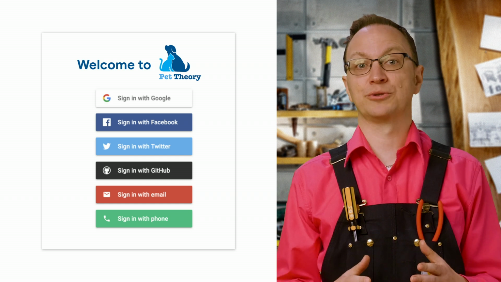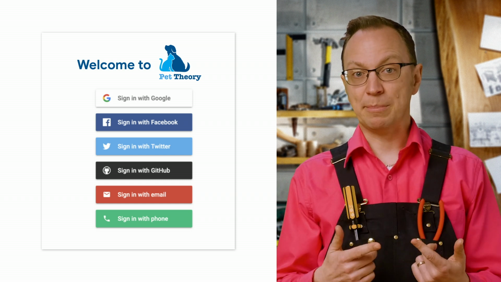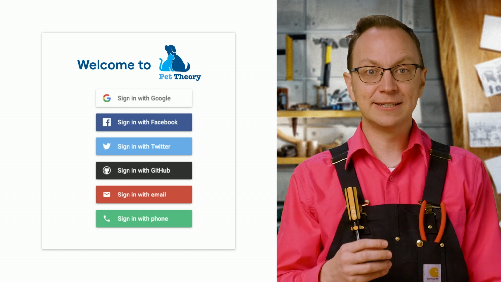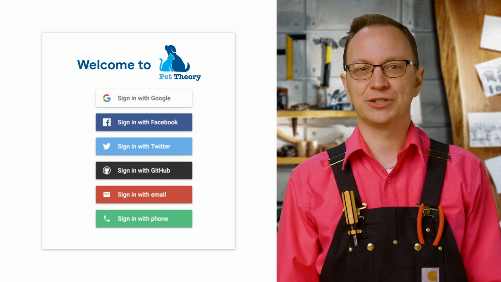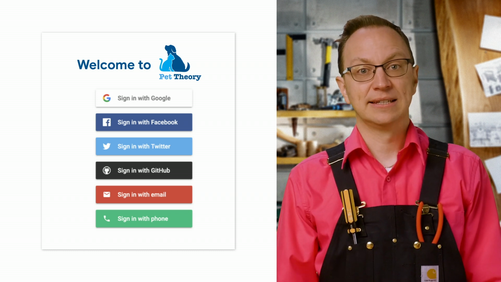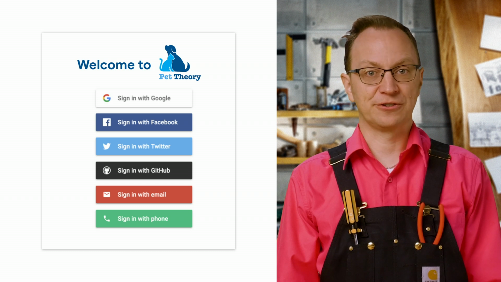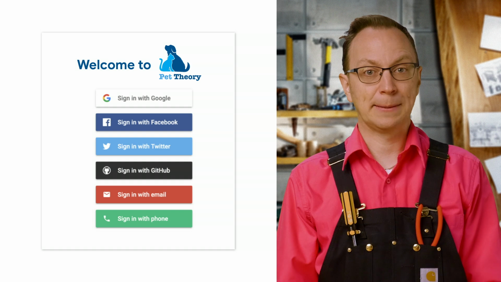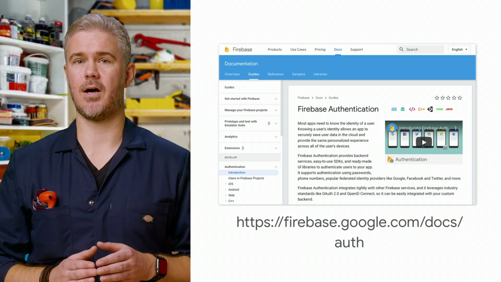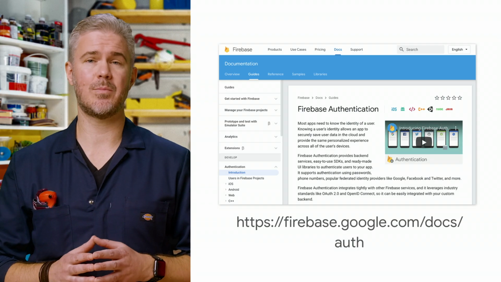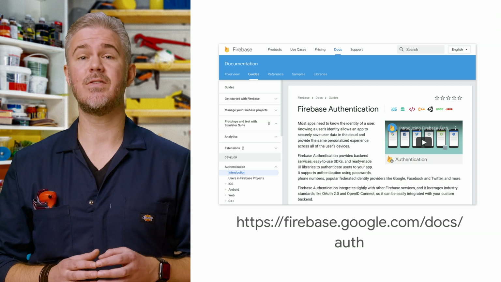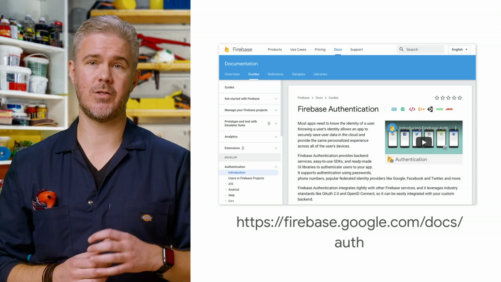Here is what Anna's prototype looks like. From this webpage, users should be able to sign in using their identity provider of choice. Once they have signed in, they should see their upcoming appointments at the veterinary clinic. Users should be able to see their own appointments only. Anna reads up on Firebase Auth, which supports multiple identity providers. It also includes a default user interface called Firebase UI.